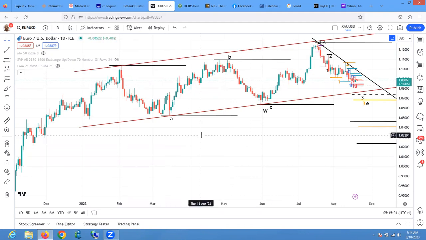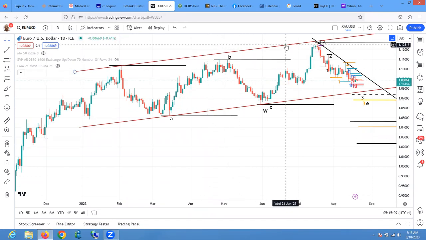On the longer, larger time frame, we still believe that Euro USD is going to break above this trend resistance, but not immediately. And on the intermediate, what we see the price doing has been very, very corrective. You can see the way it's going to the downside has been very corrective. And we expect at least, based on what we are seeing on Euro USD,